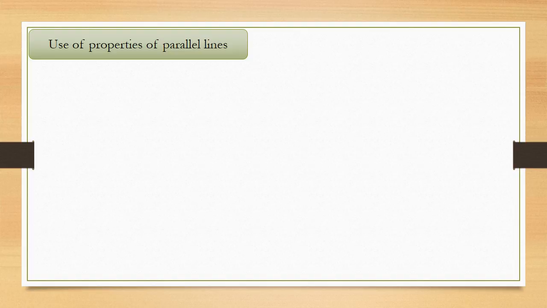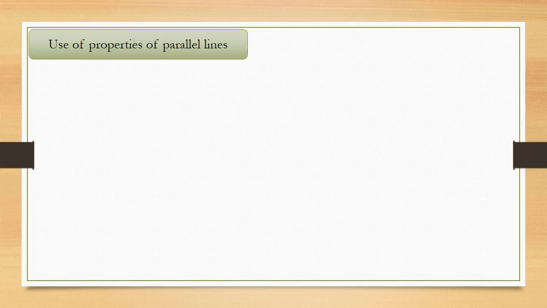Students, we are going to learn about how to use the properties of parallel lines. So, which are the properties? Whenever there are parallel lines and a transversal, there are corresponding angles which are congruent, there are alternate angles which are congruent, and interior angles are supplementary. So, these are some of the properties of parallel lines. So, we are going to use it to solve something else.